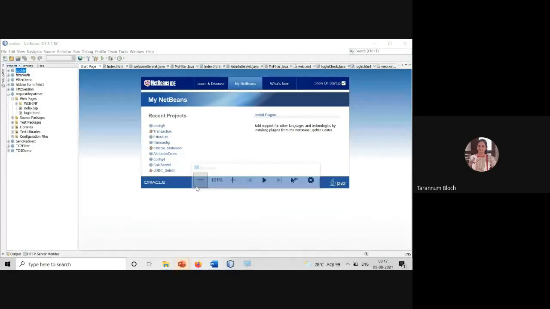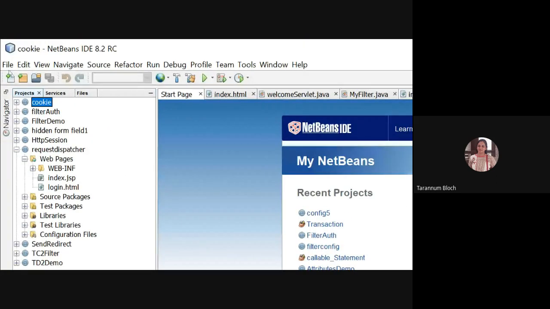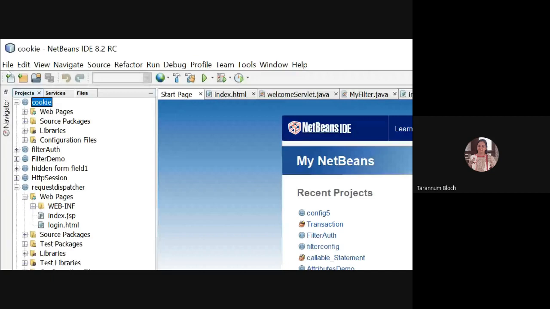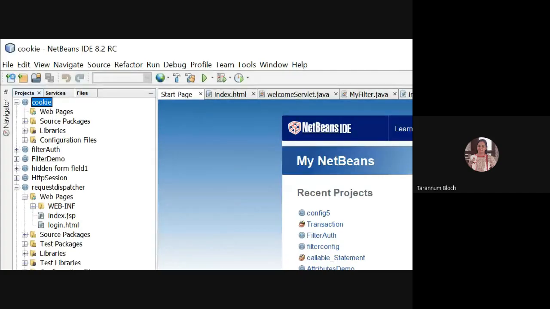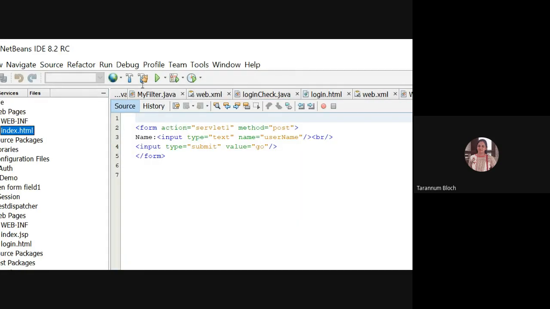Can you see this index.html? We have taken input type equal to text. We said username. We have taken a submit button labeled as go, and we have redirected it to Servlet 1.